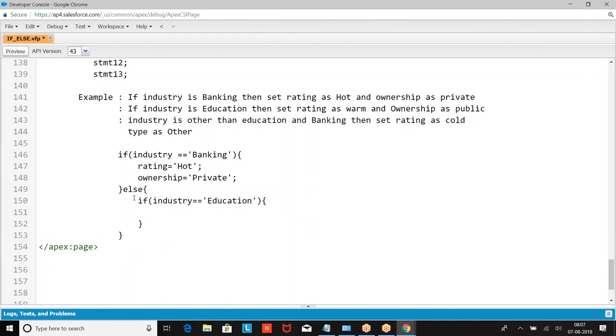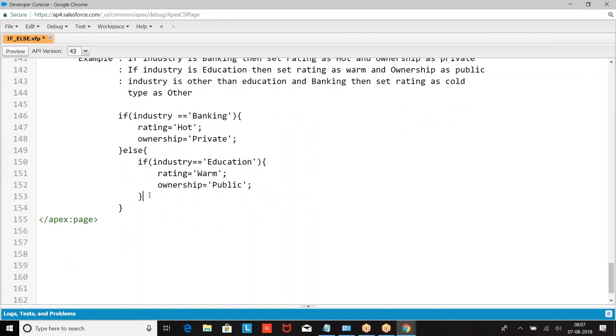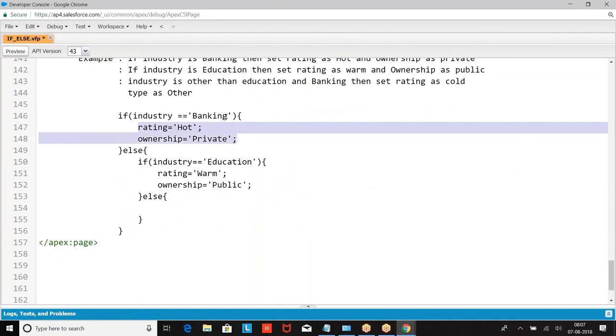Else if industry equal to education, rating equal to warm. If industry is not banking, come to else.